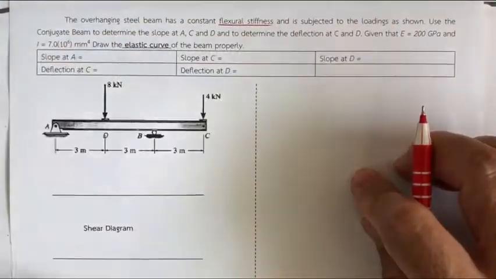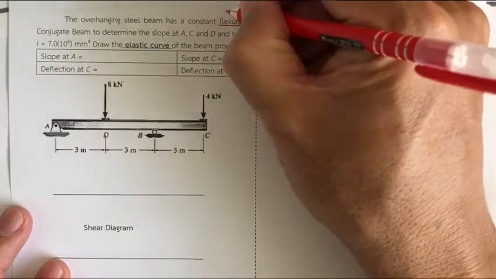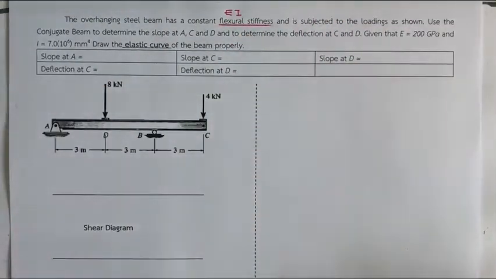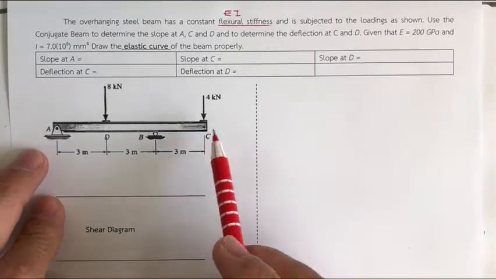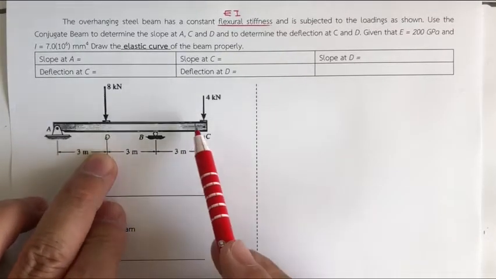Do you know this? Flexural stiffness is E times I. E is the modulus of elasticity of the material, and I is the moment of inertia of the cross section of the beam. Okay, and this overhanging beam is subjected to 8 kilonewton at D and 4